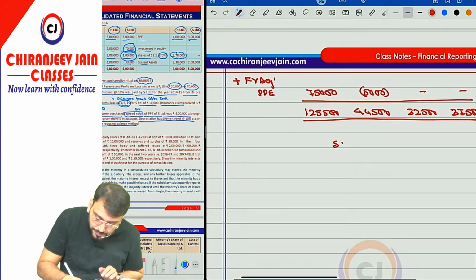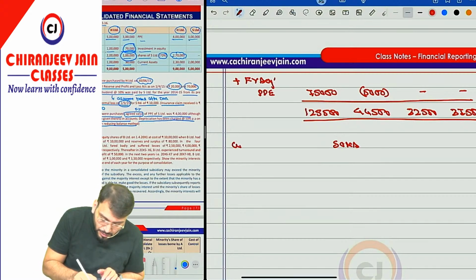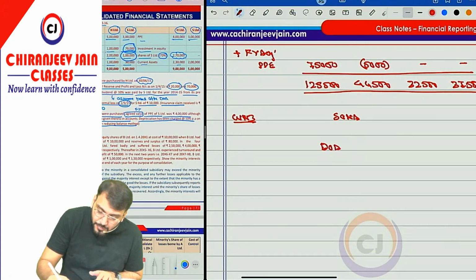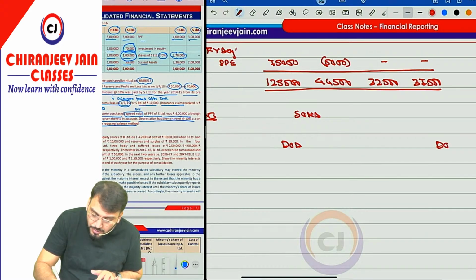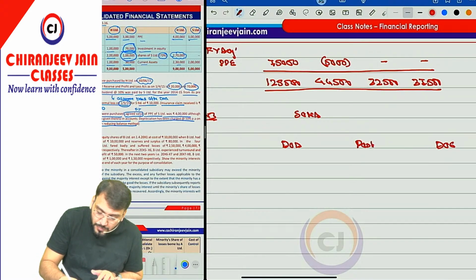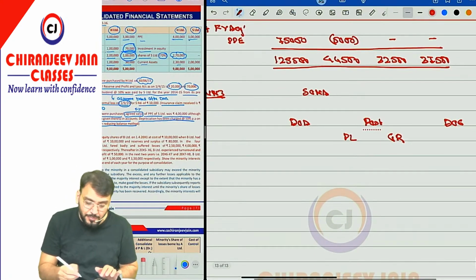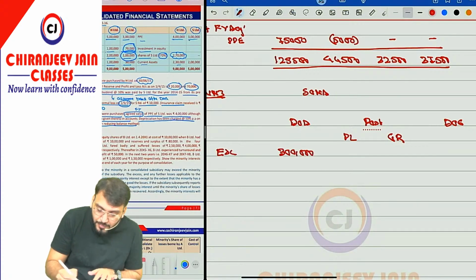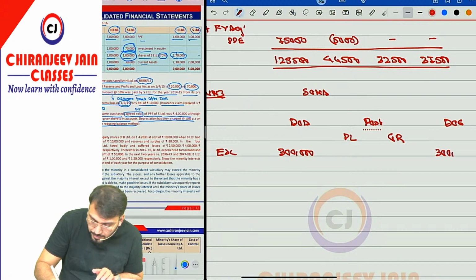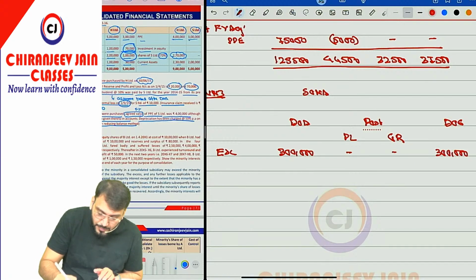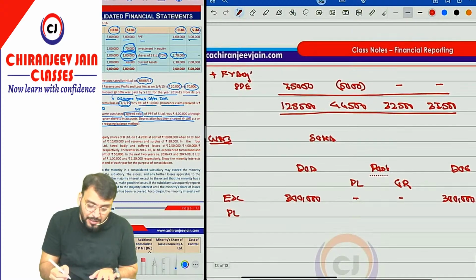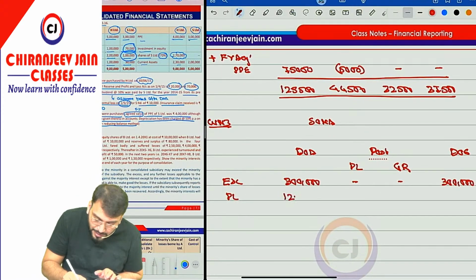Now I'll prepare Sona. Working note number 3. Sona means statement of net assets. So we write down date of acquisition and date of consolidation. In post, now you should write down 2: one is PL, one is general reserve. But what is your equity share capital? That is 3 lakh and 3 lakh. Understood? Then what is your PL? Tell me. First I am doing what we have done right now. This will become 1,25,500